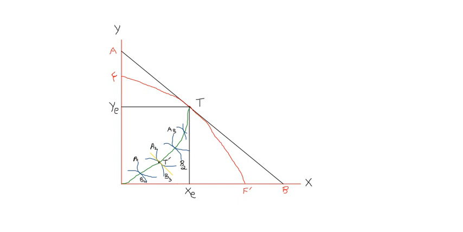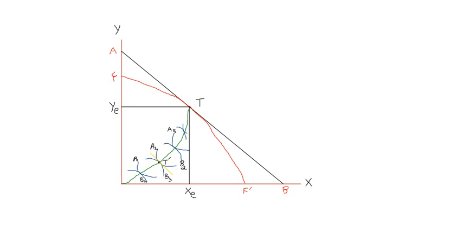Now we need to look at the points of tangency of these indifference curves of two consumers and draw this green colored line. You can look at this green colored line, which is passing through the points of tangency of the two individuals' indifference curves. So this green colored line represents the Edgeworth contract curve of consumption. This is also a contract curve, but this is showing the consumption bundle, so it is the Edgeworth contract curve of consumption. It is basically a locus of points where MRS of A is equal to MRS of B.